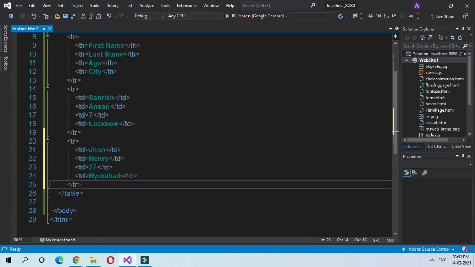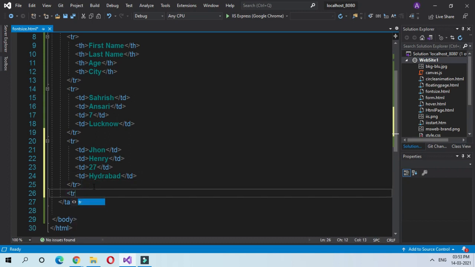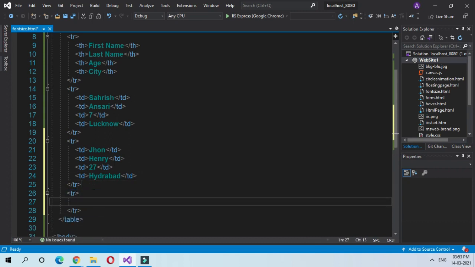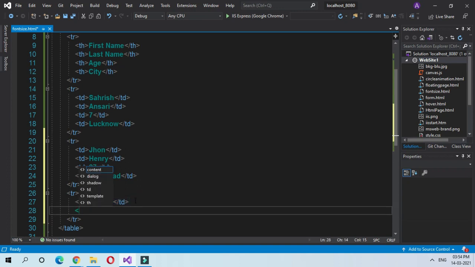Now give some more data. Give a table row, and table data for first name, give it Anurag. Table data for the second column, last name is Umare.